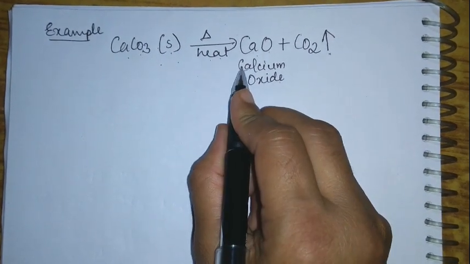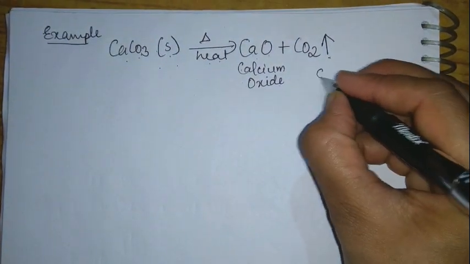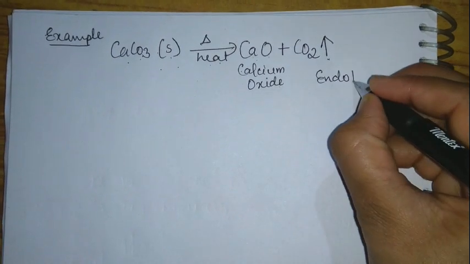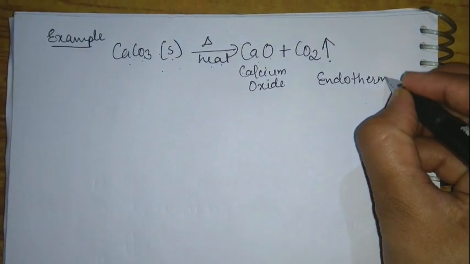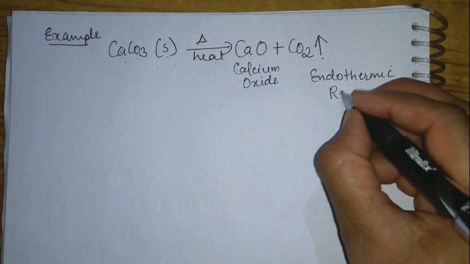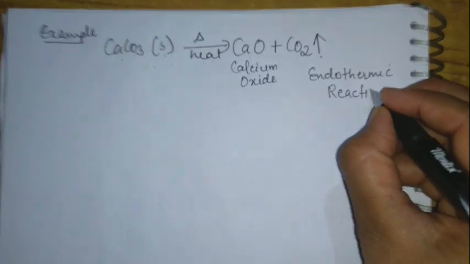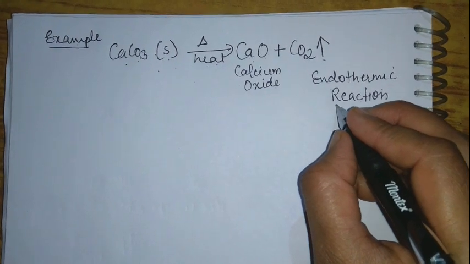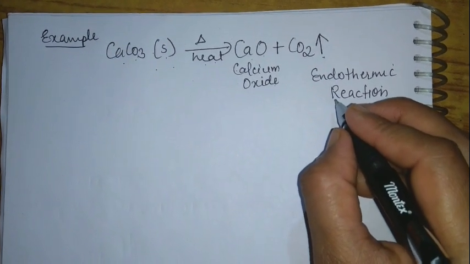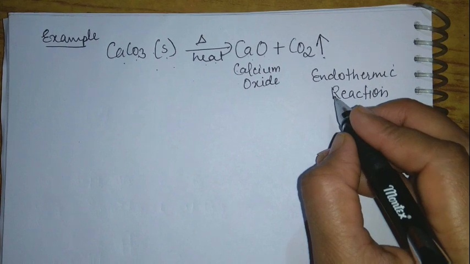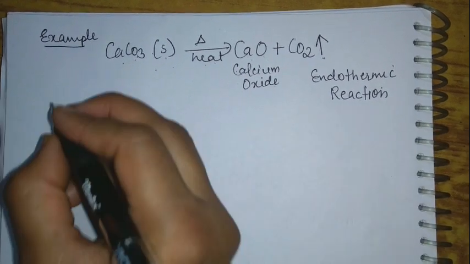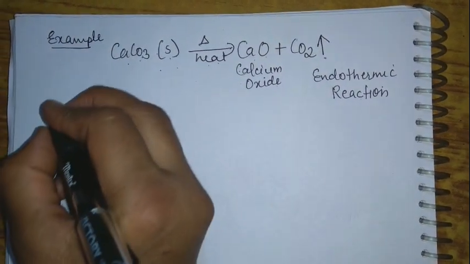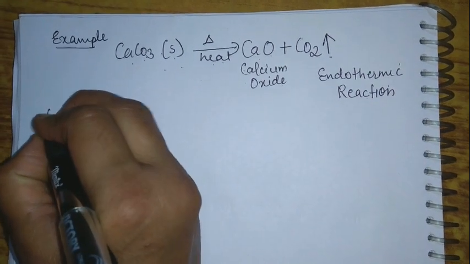That's why this reaction is known as endothermic reaction. समझ आया आप लोगों को? इसको बोलते हैं endothermic reaction because heat is given. Heat is supplied to the reactant. Now, next and the last point is formation of